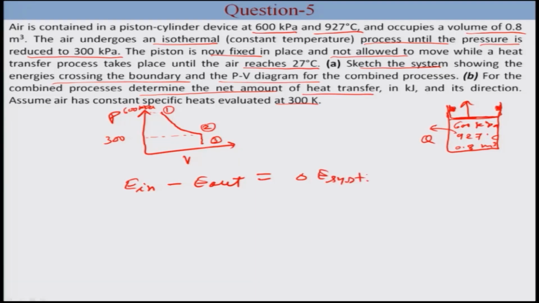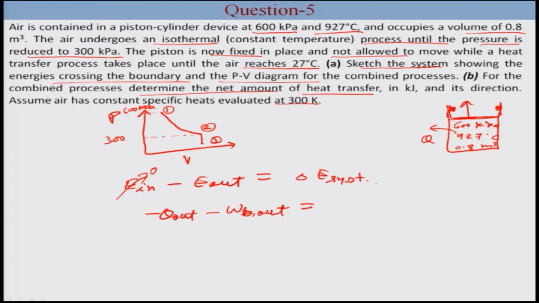Since there is no heat coming inside of this system, energy in is 0. There are two things crossing the boundaries of the system, that is Q out and the work done by the system on the surroundings, which will be equal to the change in total internal energy of the system,